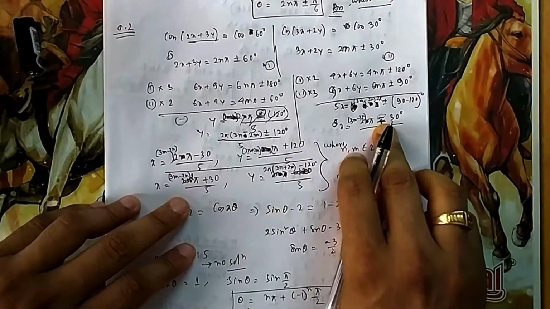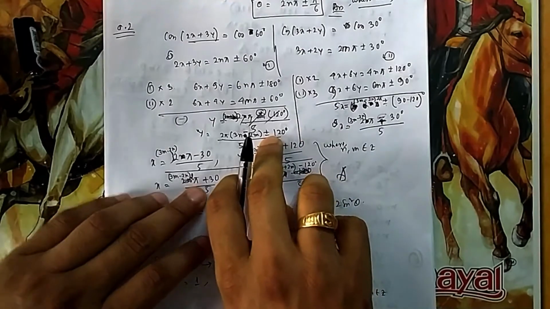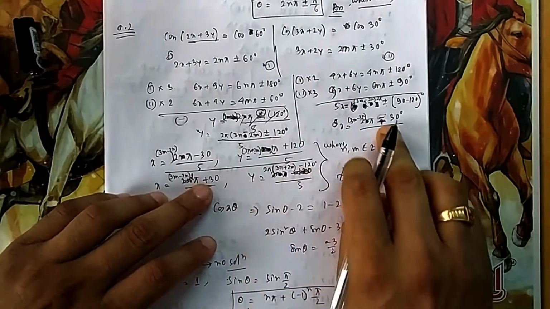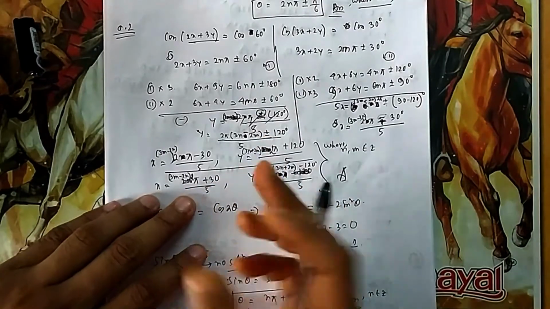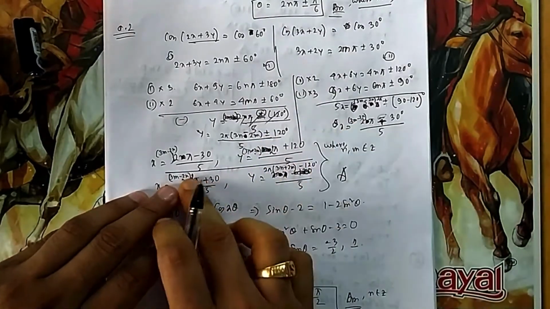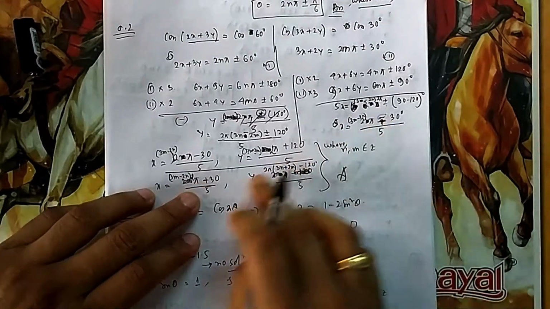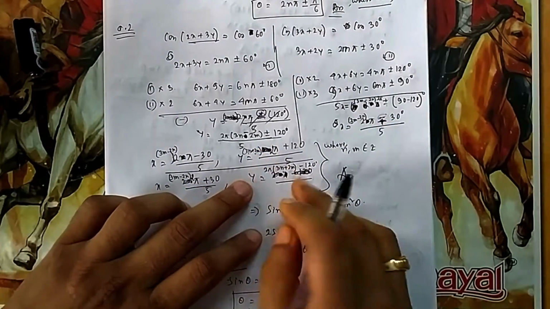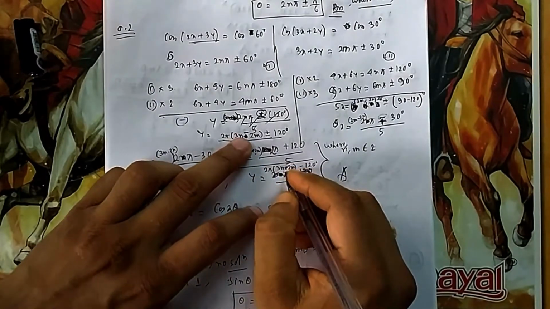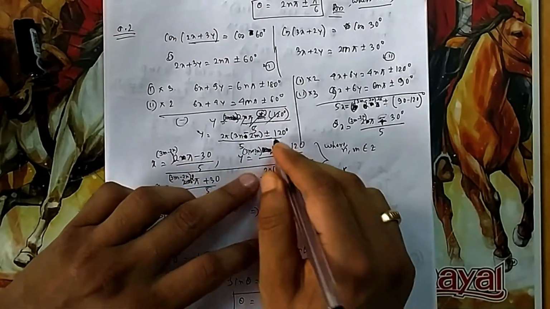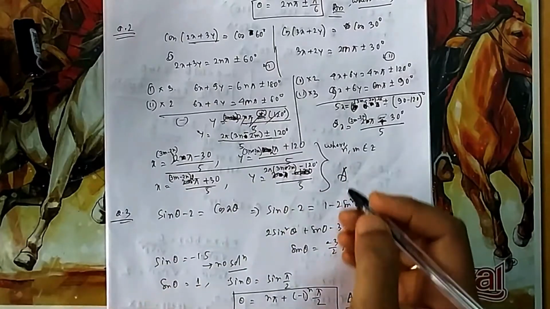Now if I take the lower one, here I have to take the lower one, which is negative. So you see, if I take this lower one plus, then here lower one is the negative. So that is the difference between plus minus and minus plus. So it is (3m minus 2n) into 2 pi plus 30 by 5, and it will be (3n minus 2m) into 2 pi minus 120, lower one, divided by 5,